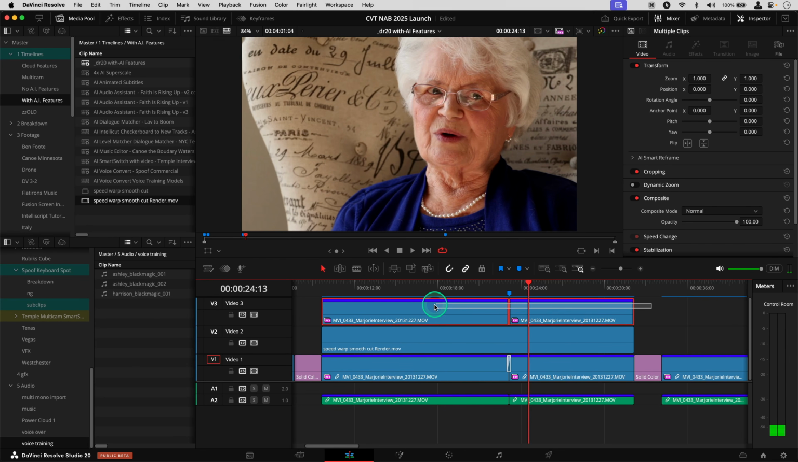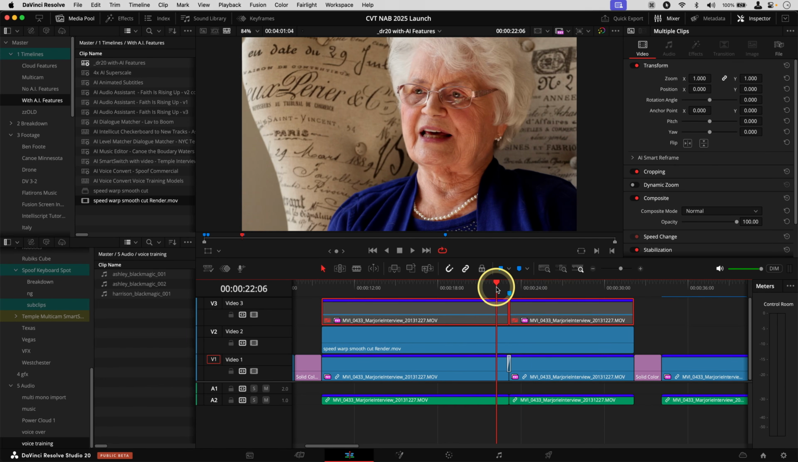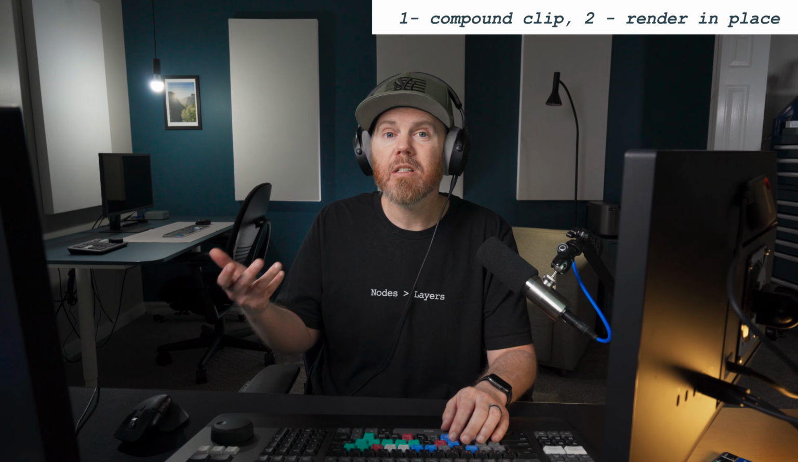And this right underneath it is a rendered out compound clip of using the smooth cut. So I did render it out. I found it's better to compound clip it and render the transition out, but here it is with smooth cut